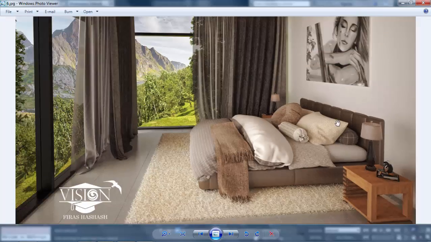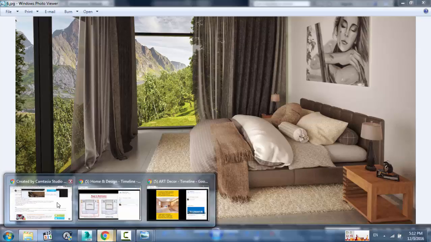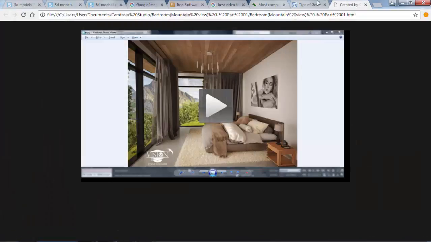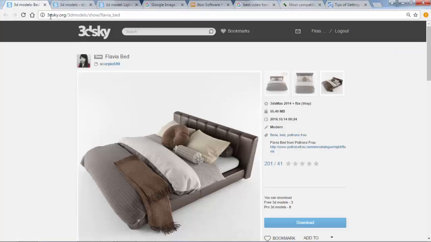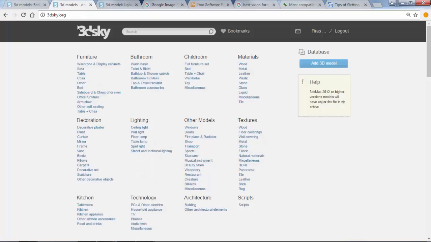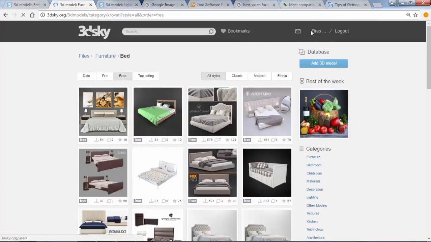So you can download such models from this website here. It's called 3dsky.org, and just search for Flavia bed. If you come here and go to beds and choose the free ones, you'll have to create an account to be able to download.